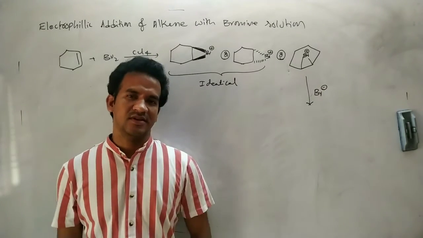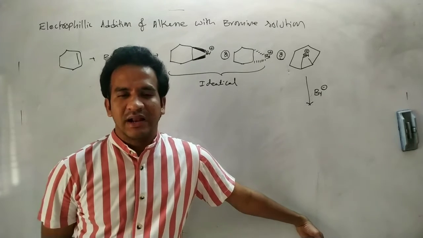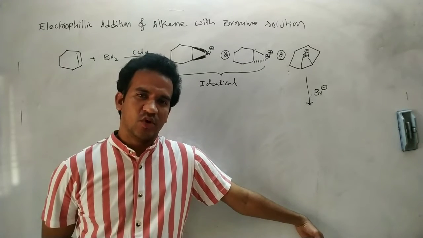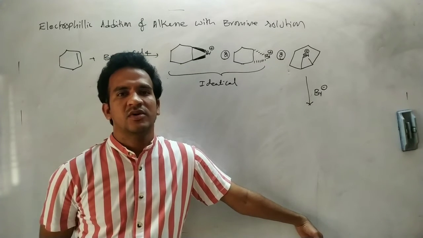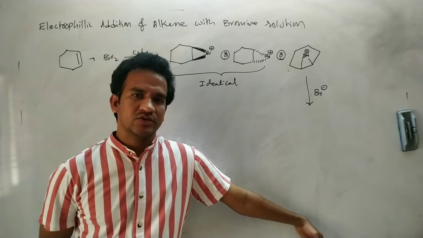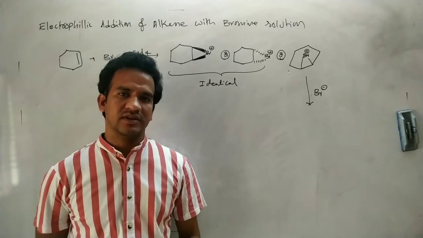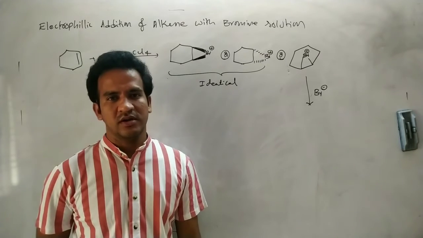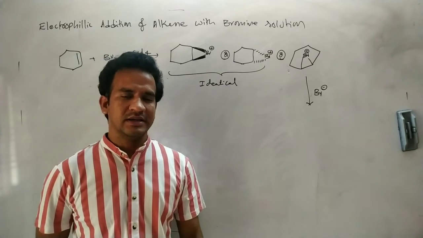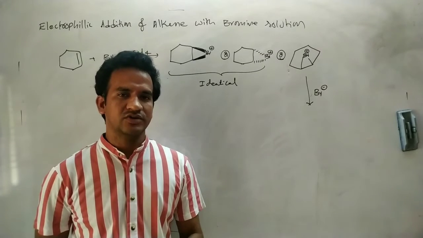Hello students, in this video let us discuss one of the reactions from the alkene chapter, that is the addition of bromine to the alkenes. We are very familiar that addition of bromine solution is one of the useful reactions for testing unsaturation. Because bromine solution is orange in color, on addition with the alkene, the orange color is